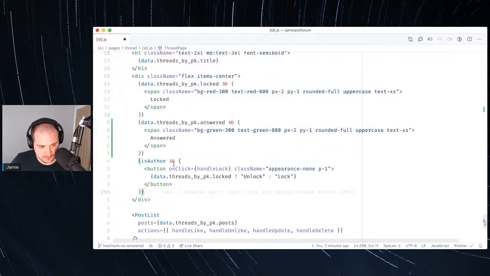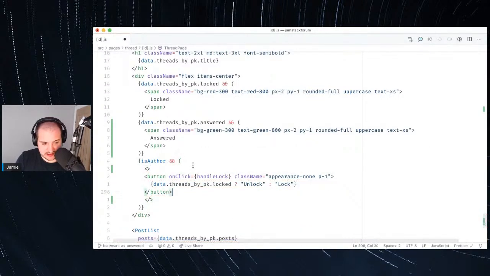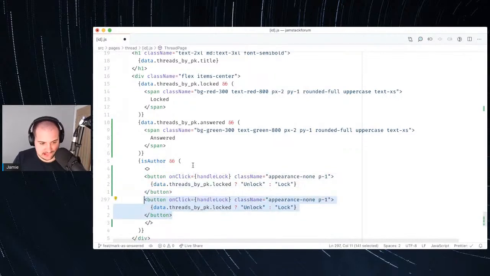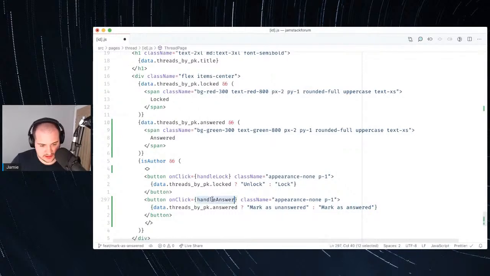And again, if it's an author, we'll render these two buttons. We will put this in a drop down, no doubt, at some point. And this will be handle answer. And then we'll say, if it's answered, mark as unanswered. Mark as answered if it isn't. So this handle answer,